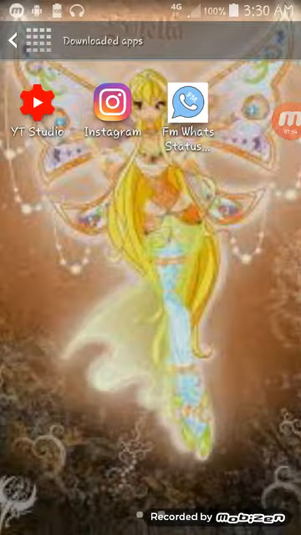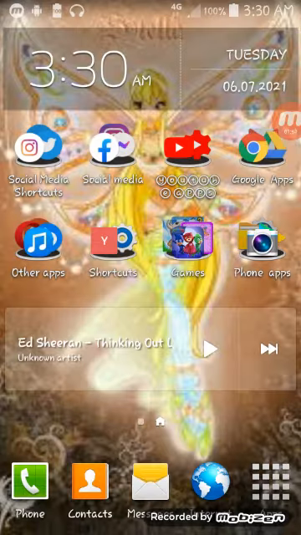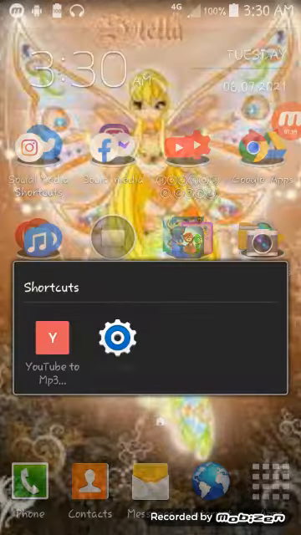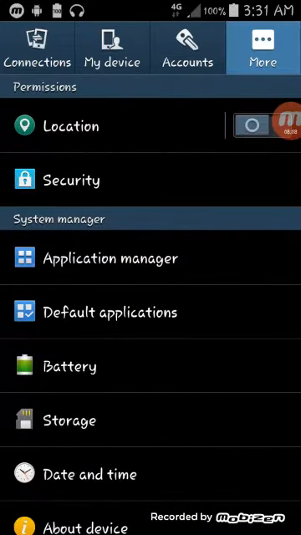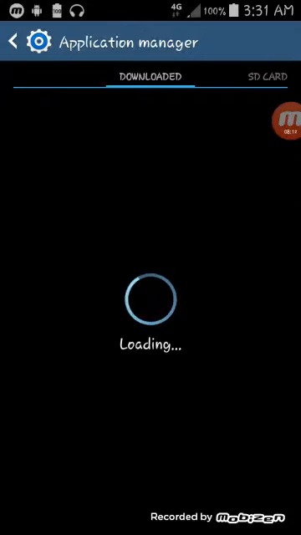Now you can head over to your settings. Find the app manager and go to Instagram. Yet again, Instagram.